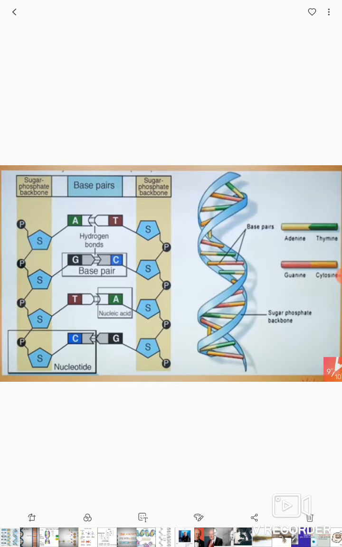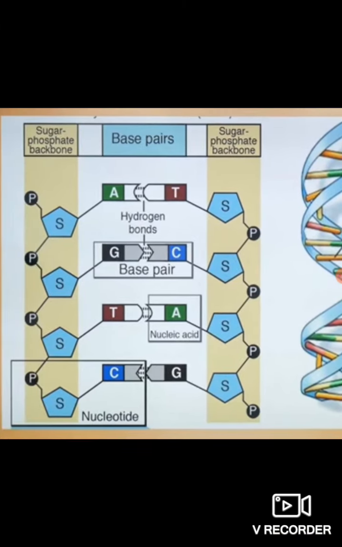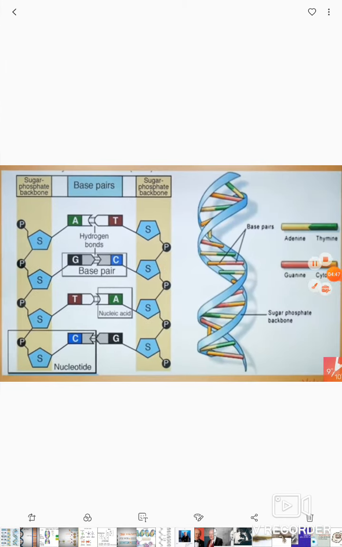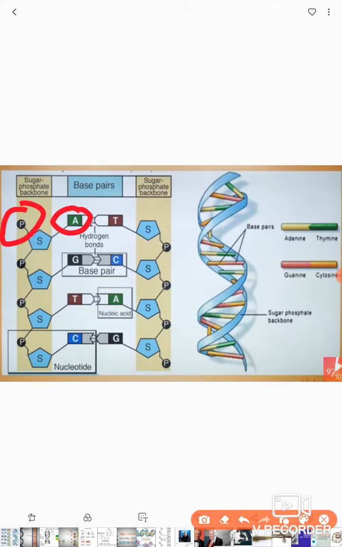See, this is the molecular structure of DNA. The sugar phosphate backbone you can see here in the figure, and the base pairs are present in the middle. Now, for example, this first nucleotide has A as the nitrogen base. So opposite to that, the anti-parallel strand has thymine and they are joined to each other with a double hydrogen bond. Like that, we have here 4 nucleotide base pairs.